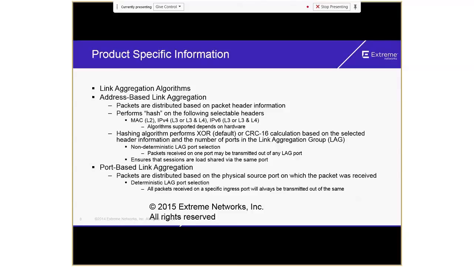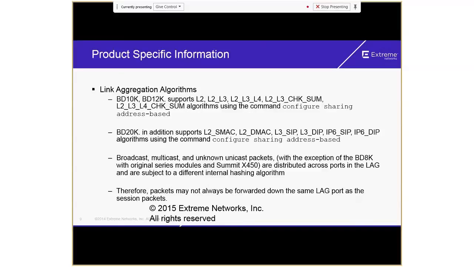So the decision is taken by the switch. If you tell it to use the L2 algorithm or the MAC, it is going to decide which link to use using the MAC address, which is the source and the destination MAC addresses, and it will perform a calculation and then decide which link to use for sending the packets through the link. So these are the algorithms